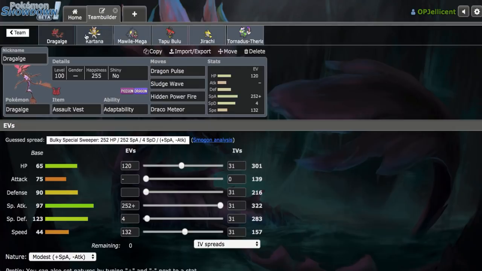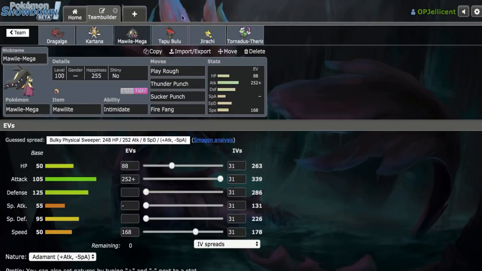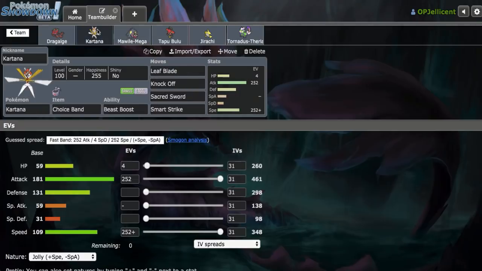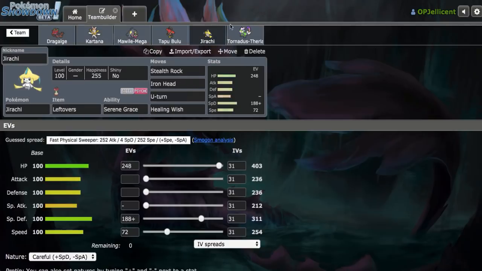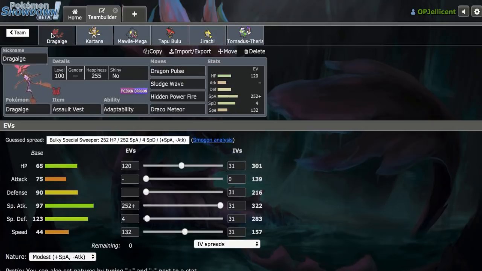Speaking of that offense right here, we have Banded Kartana and an all-out attacking Mega Mawile. These two are the premier breakers on the team. We can just go ahead and pressure really nicely with the combination of these two alongside our U-turn support with this thing mainly, alongside Healing Wish support. This is our third steel type, and Healing Wish does keep up the offensive nature of the team right here. This is also our Stealth Rocks user. Despite Dragalge kind of pivoting into Zardoi, if they do have Earthquake on it, it could be a problem, so